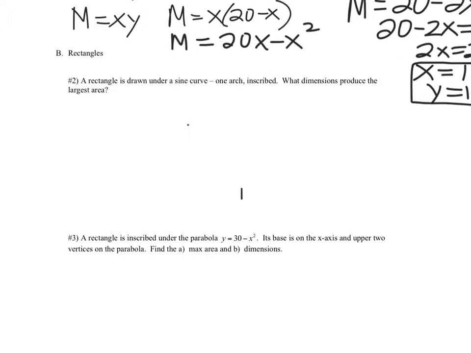So a rectangle is drawn under a sine curve, one arc inscribed. What does that all mean? Okay, here we go. Let's go ahead and draw a sine curve. They want just the first arc of the sine curve. Now, do you remember how to graph a sine curve? You go 1, 2, 3, 4. That's 2 pi, and this is pi. And then if you remember,